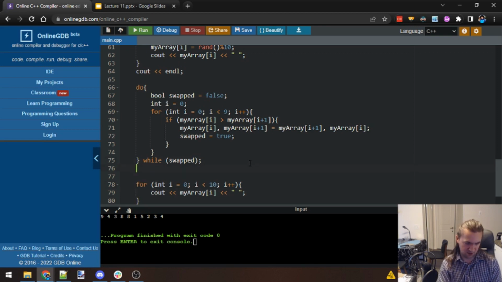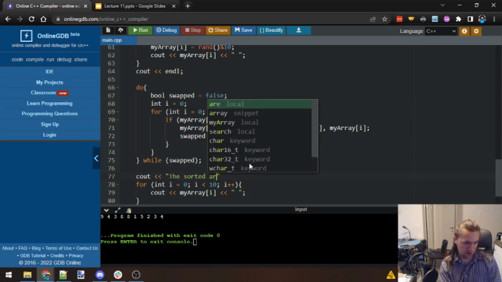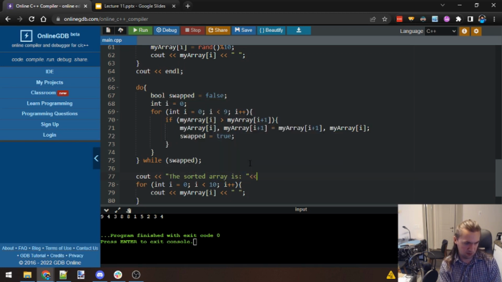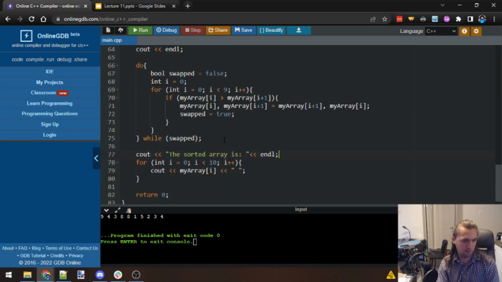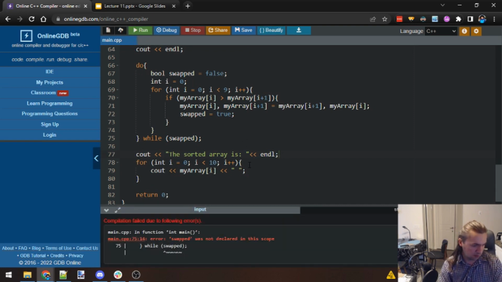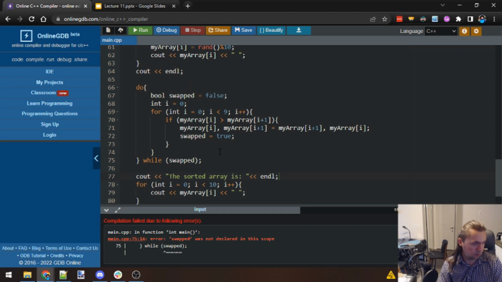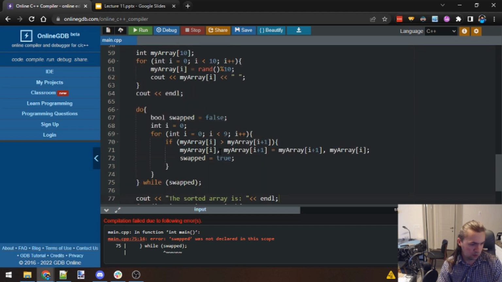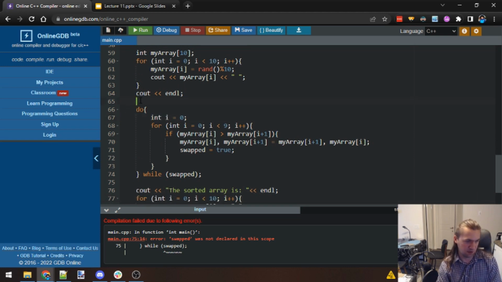And we'll indicate that this means it's sorted. The sorted array is, and let's give it a run. Oh, we missed, let's see. Oh, I do need to declare this out here